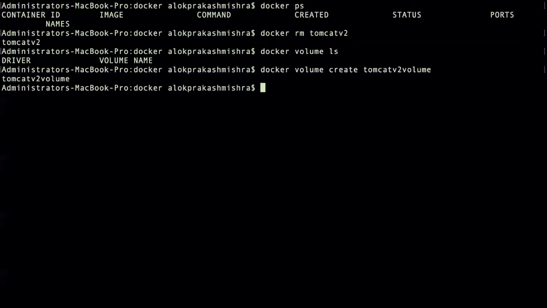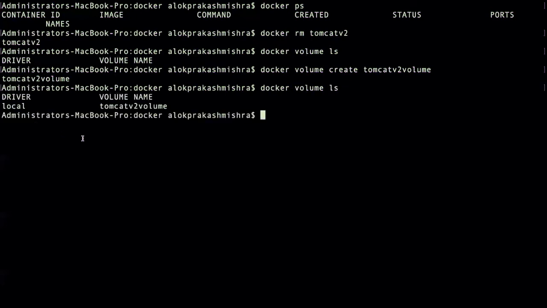You can create this volume. Let me just check. So this volume is created, and then once you execute the container, you have to provide this volume with -v. Let me just go back. You have to mount it on the container folder also.